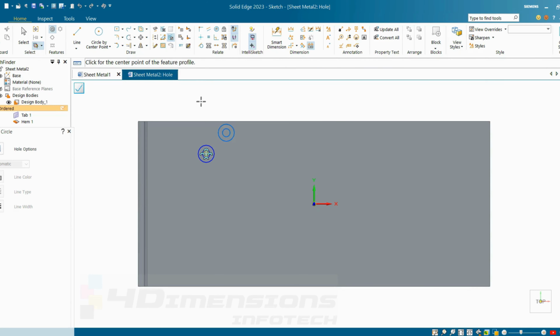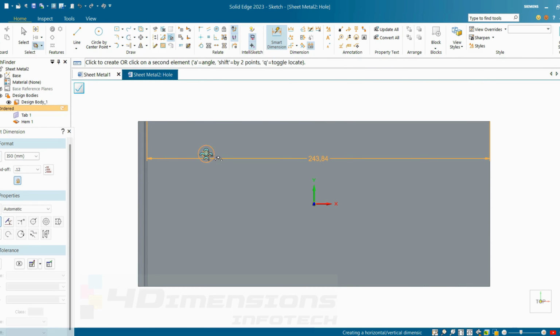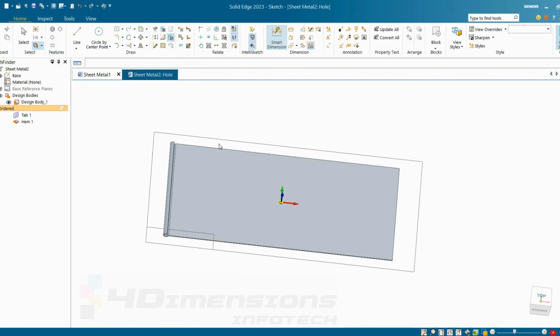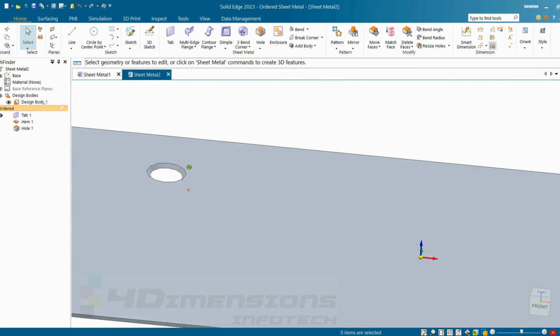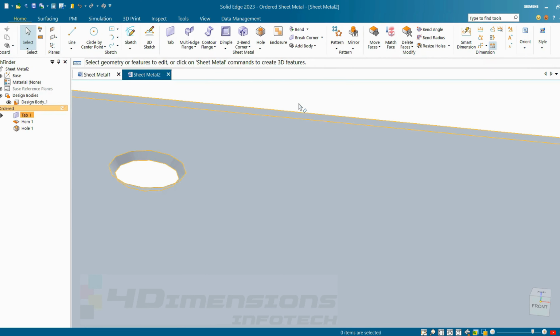I'll position it somewhere here. If I want to define the position, I'll take smart dimension, say this vertical dimension and the horizontal dimension. Say close sketch and finish. You can see here this countersunk is coming.